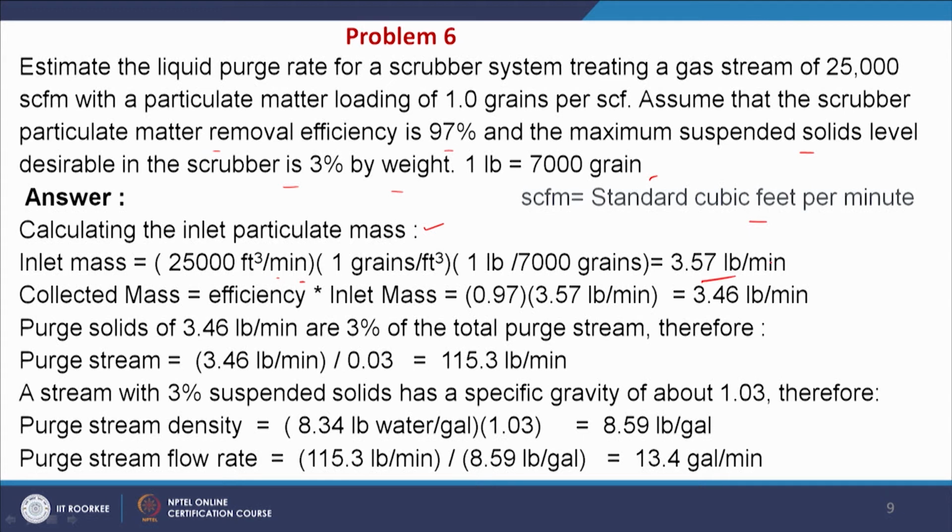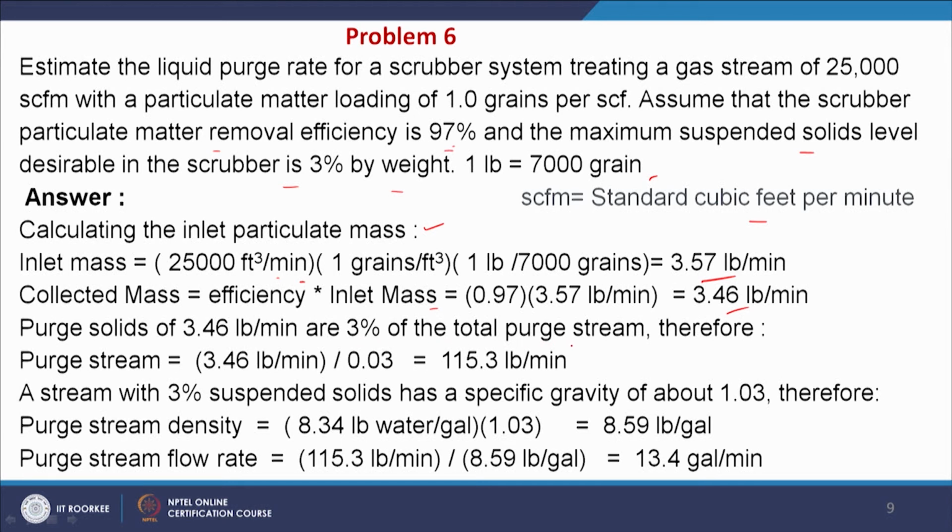So, this is the inlet mass, and then collected mass is equal to efficiency into inlet mass. Efficiency is 97%, so we are getting 97 into 3.57, divided by 100. So, that is equal to 3.46 pounds per minute. This is our collected mass, and the purged solids of 3.46 pounds per minute are